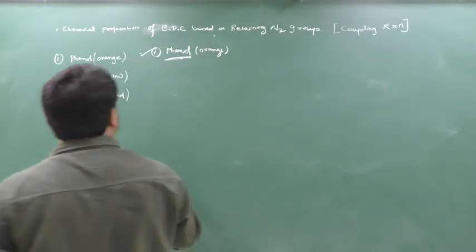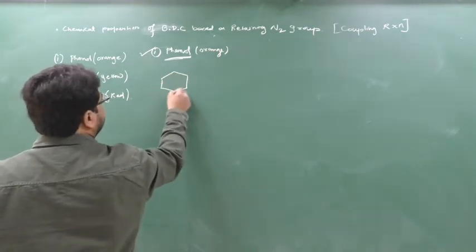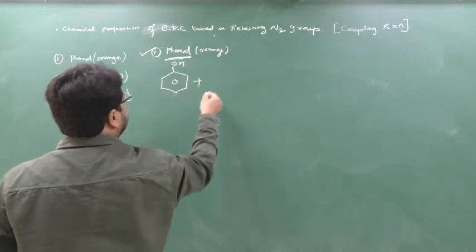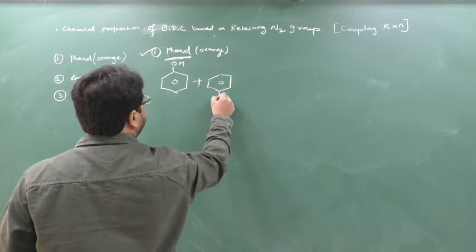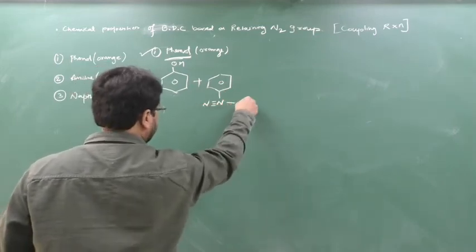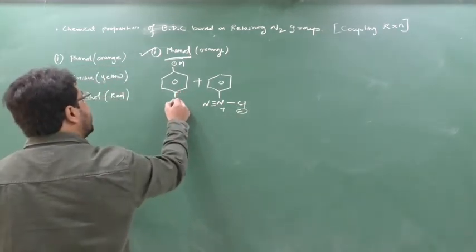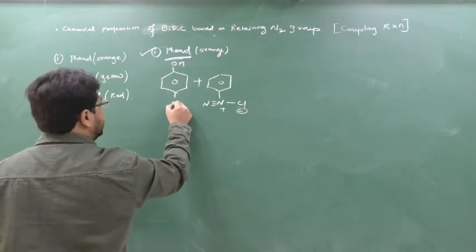See this. Phenol orange dye means first we are taking phenol, and I am taking benzene diazonium chloride, and I am writing in this way. I hope now you understood why I am writing in this way. Here the para position, why para position, understood? Because it is more stable due to symmetry. So there is one acidic hydrogen here.